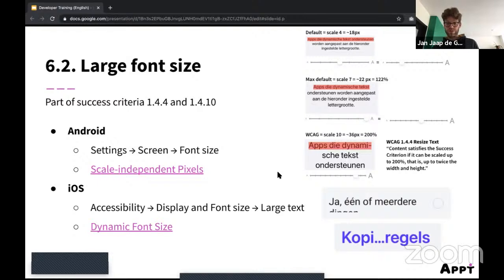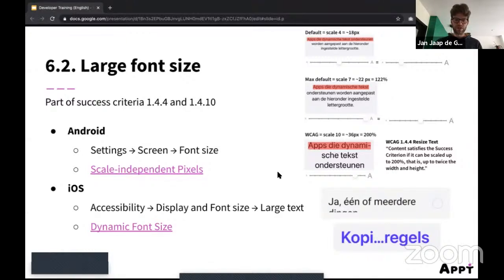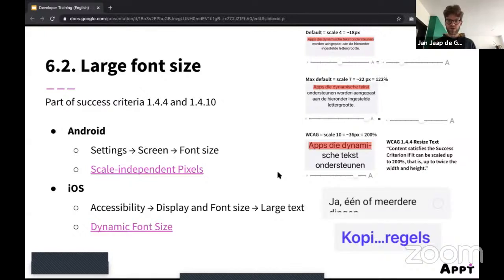On Android, it's a little bit different, but it also has some kind of scaling mechanism. So you can just try it out yourself. So how do you fix this in an app? Well, on Android, you can use scale independent pixels. I guess most developers already use this. It's called SP. It's the default font size, basically. Because if you use, for example, 18 SP, for some people it might look like 18 pixels height. But some people, it might be 36 pixels height. So the SP uses a scaling factor to increase the font size automatically for you.